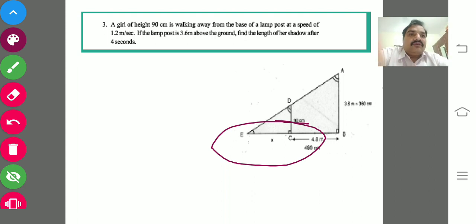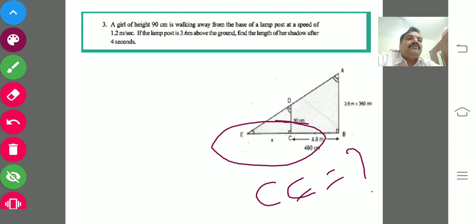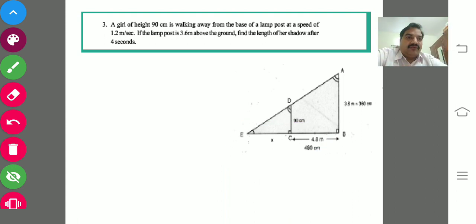Understand? So the question is, find the length of her shadow. You are going to find the CE value. We would like to find the length of the shadow of the girl. I hope you could understand. So we got all the values. Simply, if you observe, we can easily find out